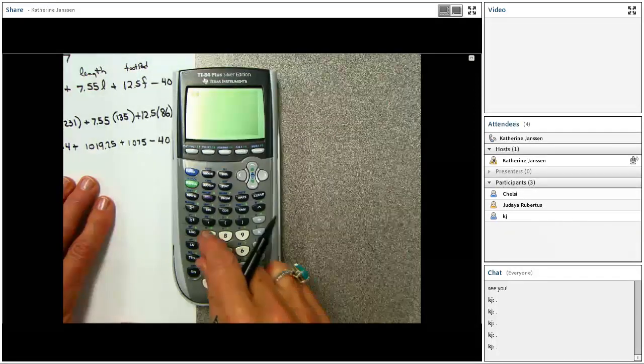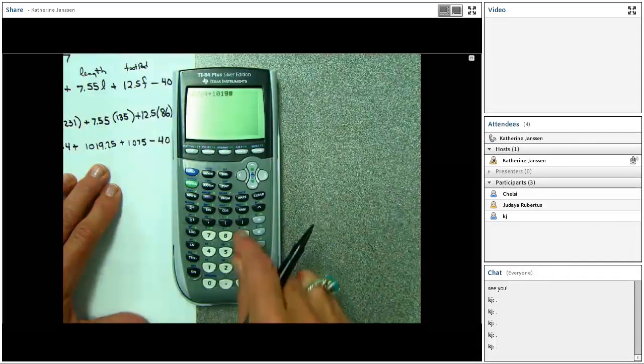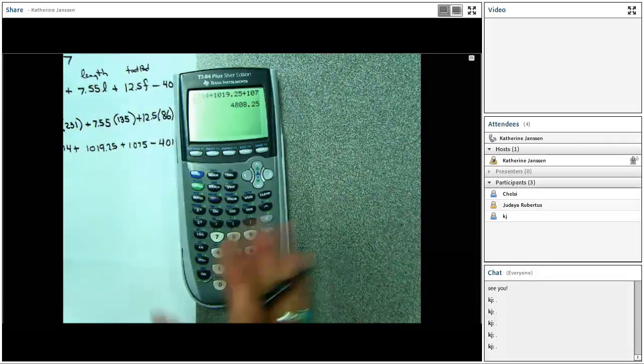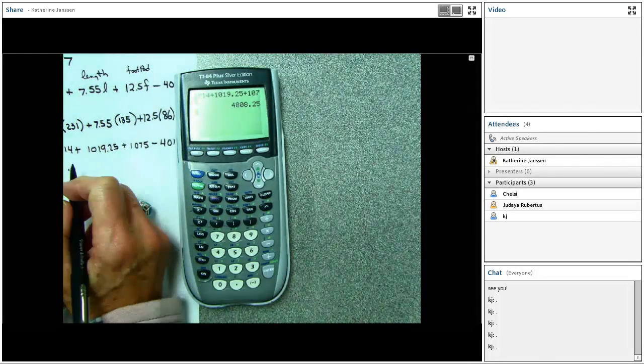So adding 2714 plus 1019.25 plus 1075, my positive values,